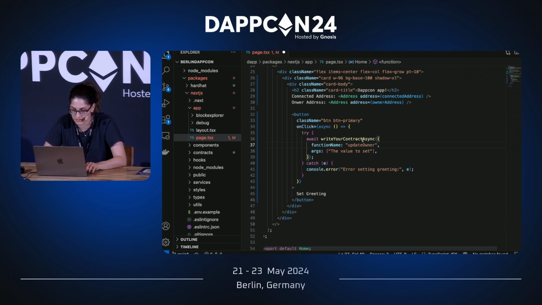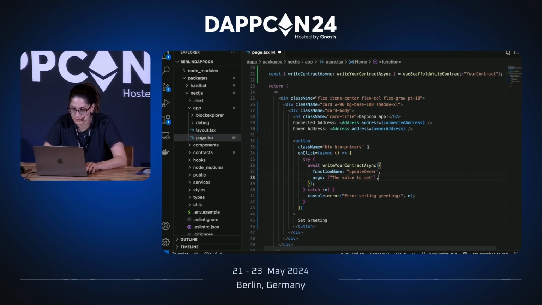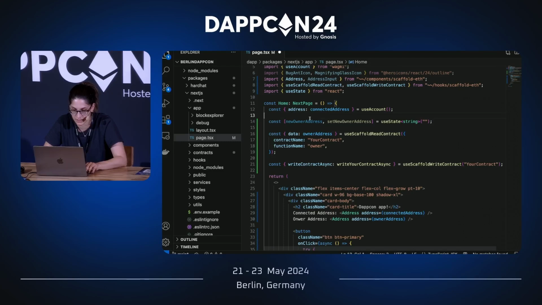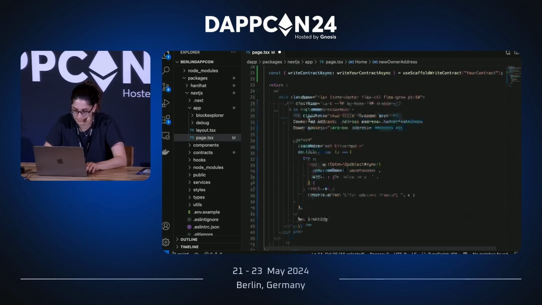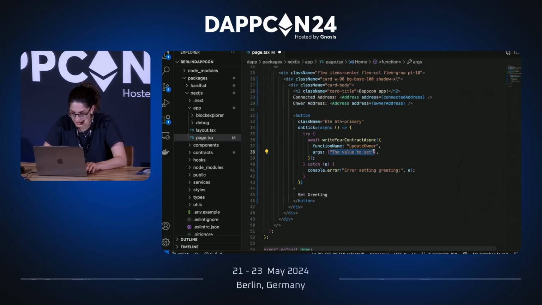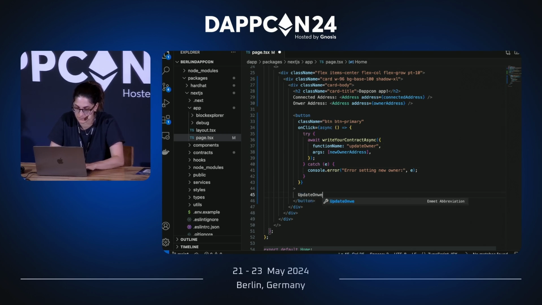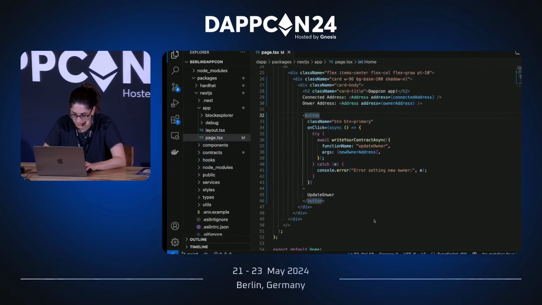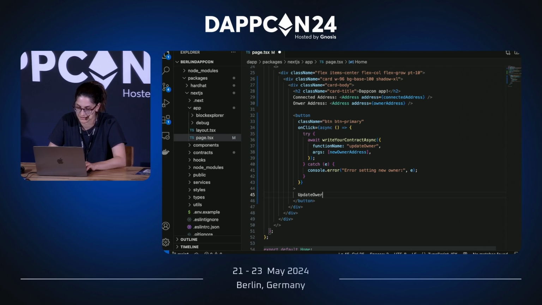Update owner. The args we will pass will be, what did we just call it? New owner address. So the arg is going to be new owner address. If there's an error setting the new owner, this will be the error message which comes up. And then we will call it update owner. I'm doing something wrong here, but owner. I don't want to have this message, but